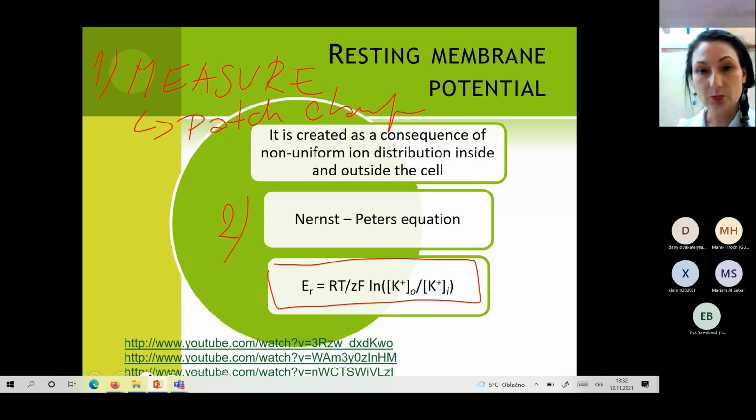So what is inside? E_K is the resting membrane potential or membrane potential in general. R is the universal gas constant. T is the temperature or absolute temperature expressed in kelvins. Z is the charge of the particle whose contribution to the membrane potential we are calculating. So in this case, it's the charge of potassium. So the value of Z in this case,